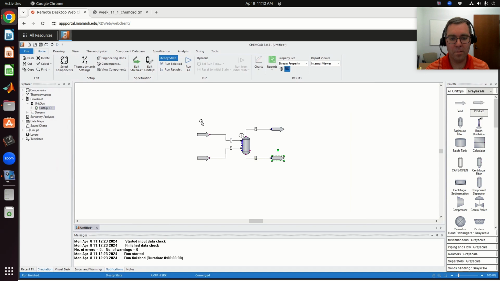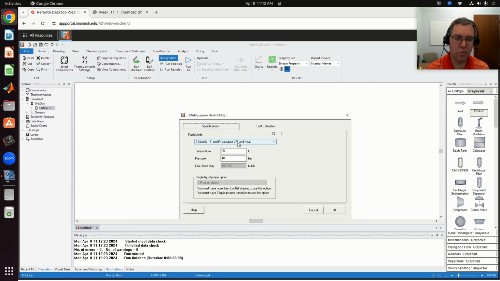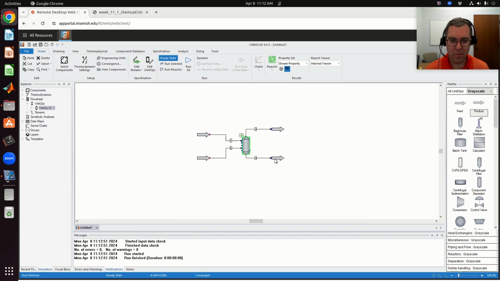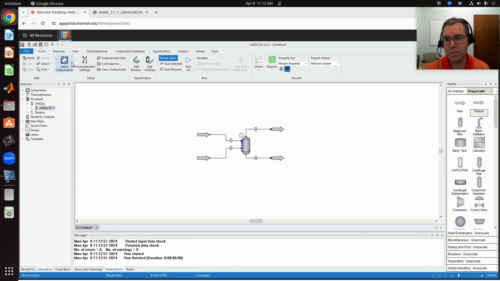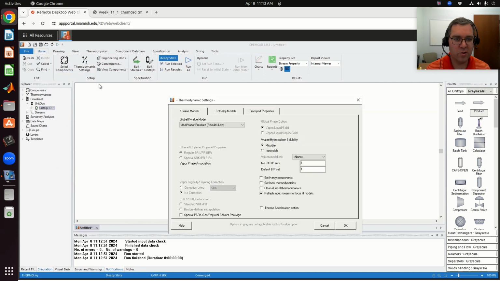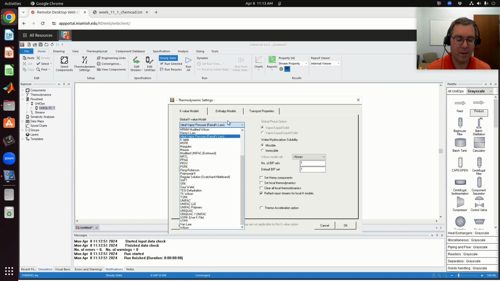Cool. Now the problem statement says that's using Henry's law. Let's try comparing to using SRK or Peng-Robinson. So I'm going to make this 25 again, and I'm going to run it just so I have my basis. 0.00475 mole percent. And so what it suggests in terms of thermodynamics is instead of using Rayleigh's law with